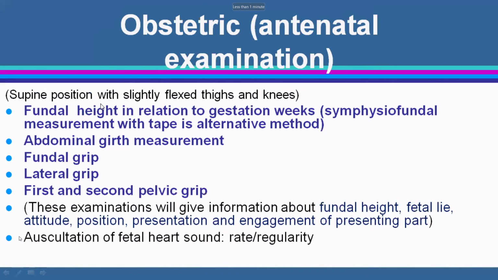Obstetric examination is done in supine position with slightly flexed thighs and knees. And you have to notice the fundal height. These things will be done in detail, and you will be given demonstration also. You have to measure the fundal height, that means the size of the uterus, abdominal girth measurement, fundal grip, lateral grip, first and second pelvic grip. These examinations